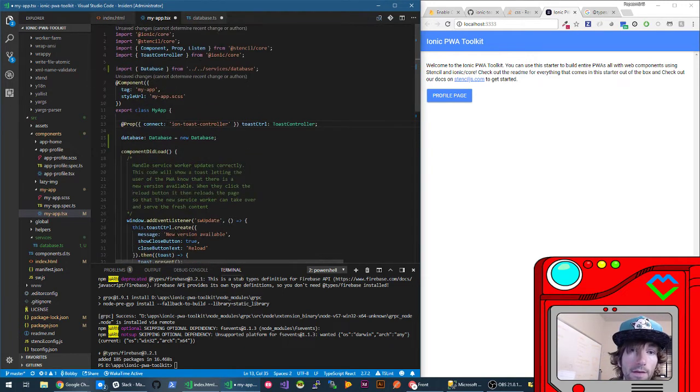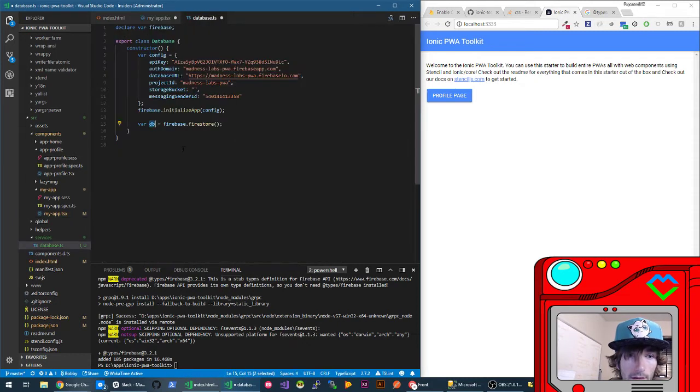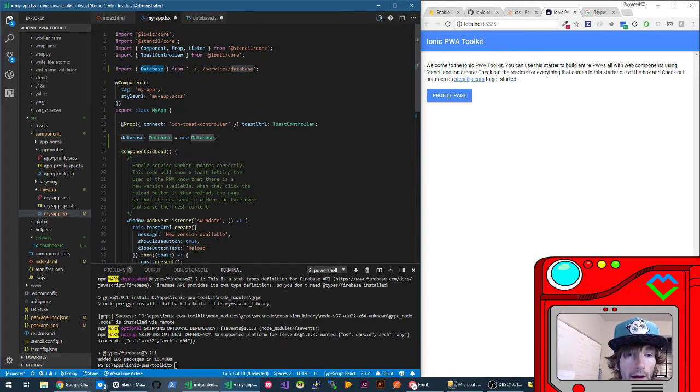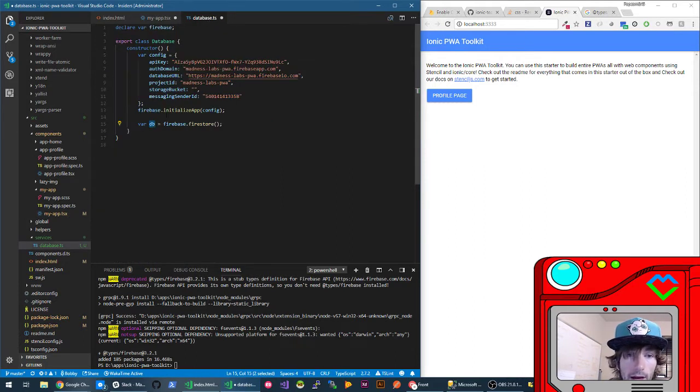So what's really neat about this is a really clean way to implement a service, or kind of inject that service into the page. So right here inside of the class, we just define a property on the class called database. It's going to use the typings from database, which is the class itself. And then we instantiate it and set it equal to that variable right off the bat whenever this class is called. So when this component loads, in this case when the app loads,